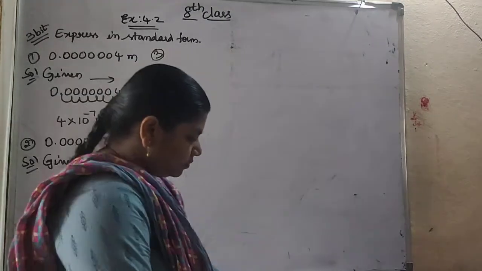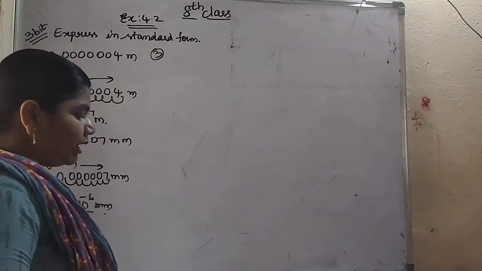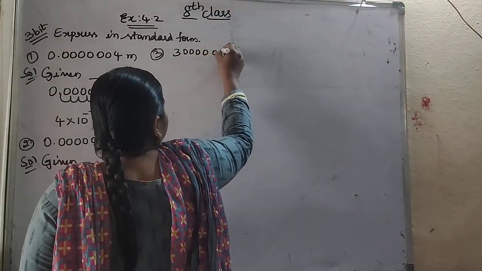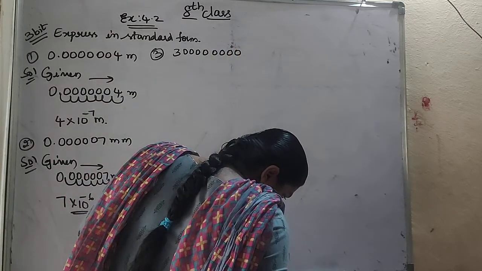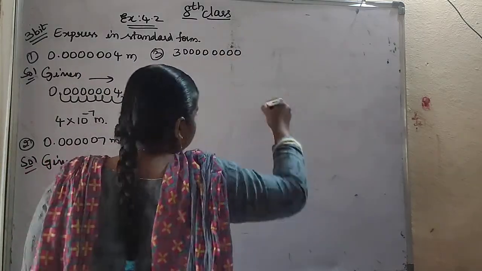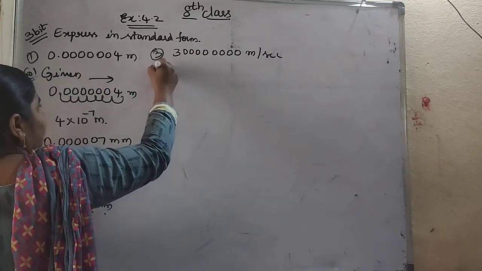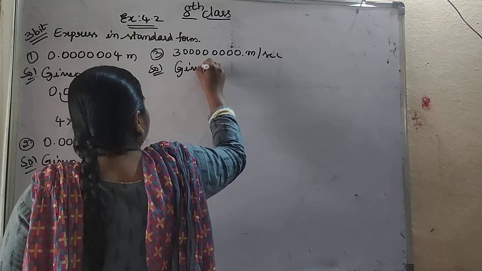Third is the speed of light is meters per second. So this is a bigger number. You are not seeing the point. That means the point is at last. So given